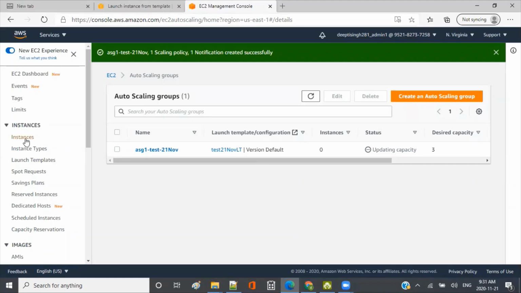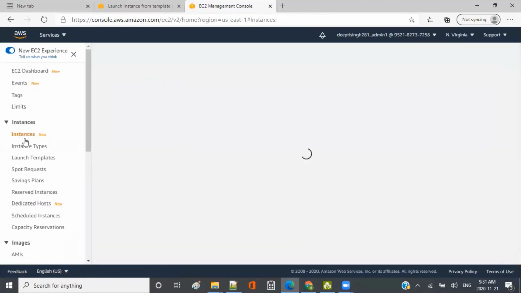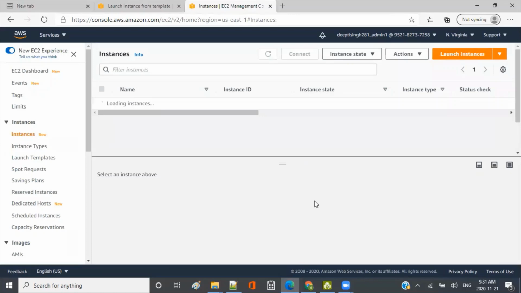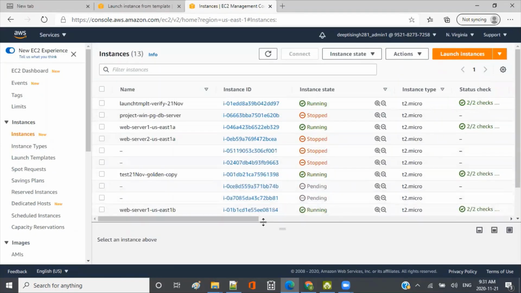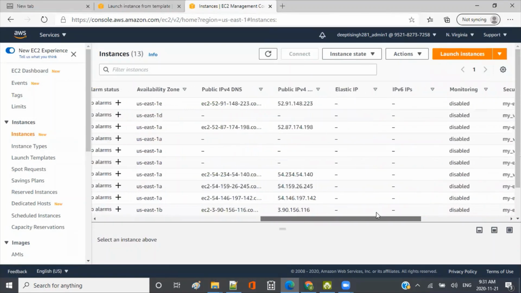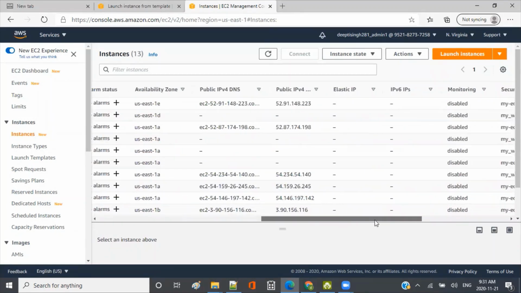So let me go back to the instances and see here. Let me sort it based on the creation timestamp.